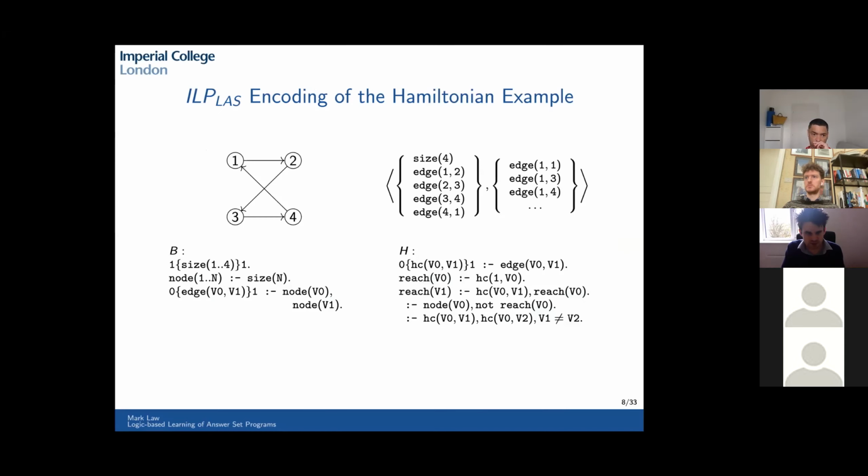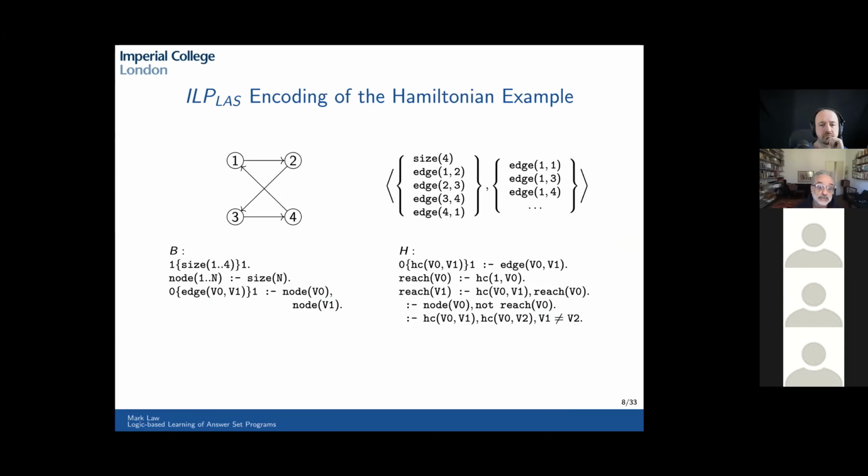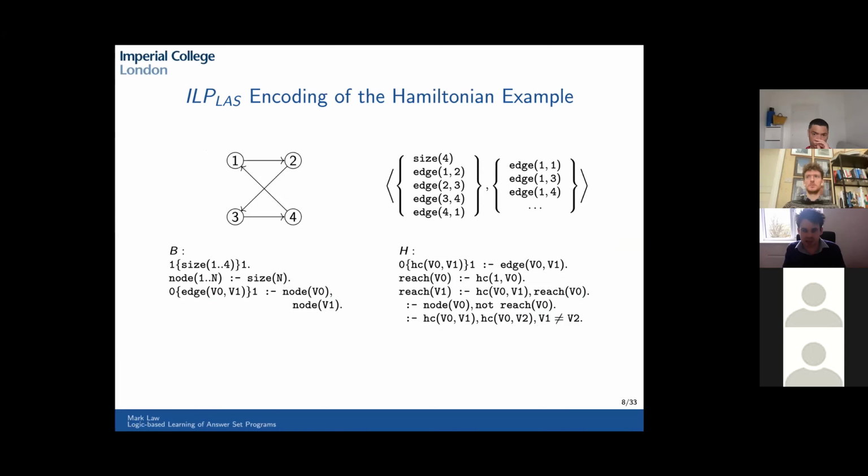No? So I'll give an example, actually. This is an example of a learning problem that we could represent within learning from answer sets. The goal here is to learn the definition of what it means for a graph to be Hamiltonian. A graph is Hamiltonian if there is at least one cycle in the graph that touches every node exactly